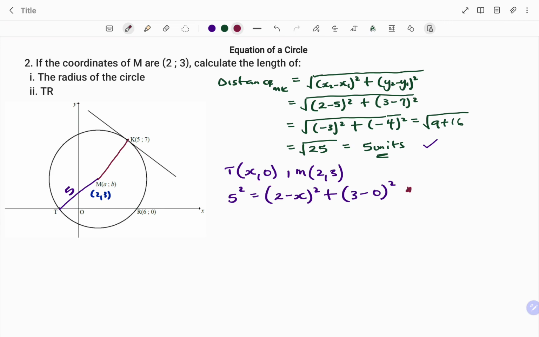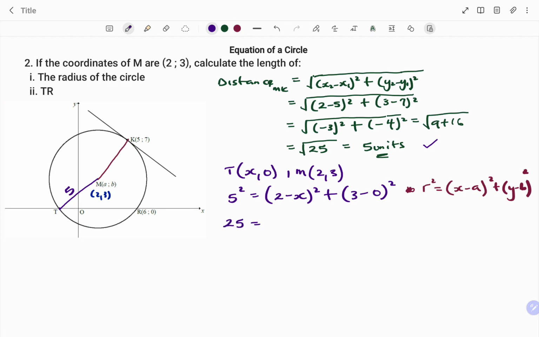The formula used, I'm going to write by the side, is the radius squared equals x minus the x-coordinate of the center all squared plus y minus the y-coordinate of the center all squared. So therefore, simplifying further, we have that is 25